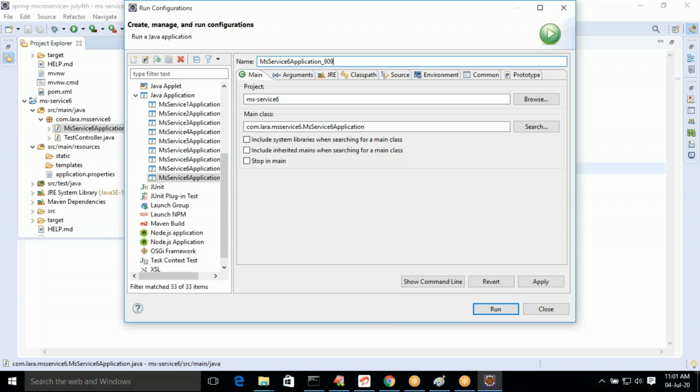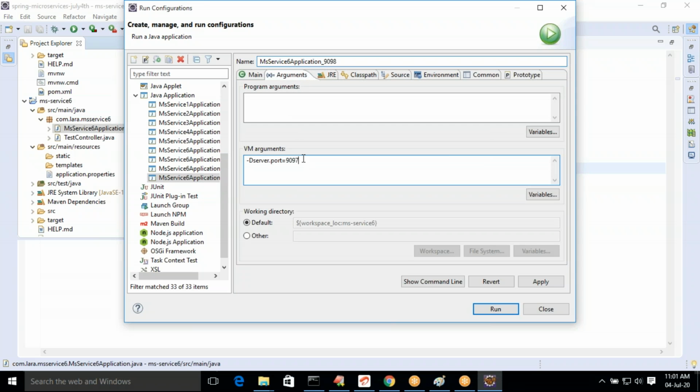You can give any name. 9095, 9096, 9097, go for 9098. In the name itself, I'm including a port number to avoid a confusion. This is the best approach, but it is not mandatory. You can go for any name. I already showed like a D2. Go to the arguments. This will be 98.